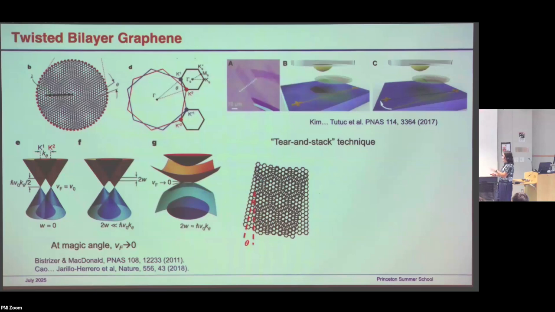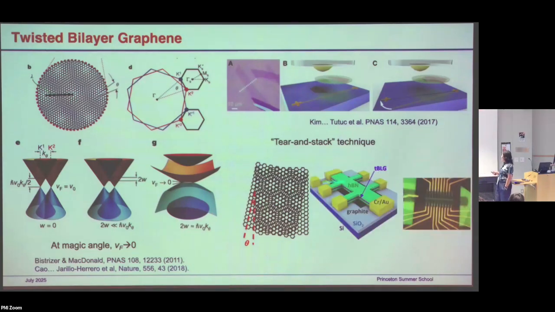then you pick up the other one, and then pick up the bottom, and then drop it off the whole thing. Okay, so if you start from the same piece of graphene, this ensures you have exactly the same crystal orientation beforehand. And so then you can do your lithography and form the